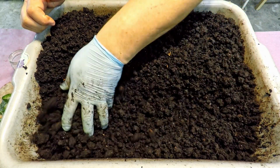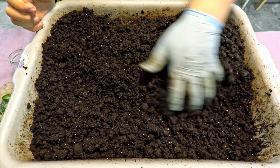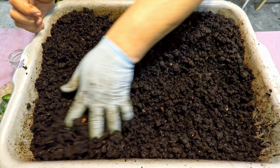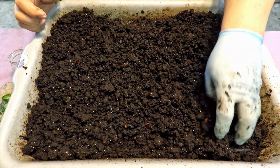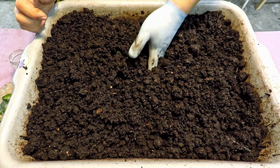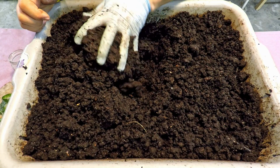So whatever makes its way onto the top surface will have a chance to air out a little bit more. And just this movement, this kind of mixing around, also gives me a chance to break it up and inject air into the material throughout. So I would almost say that if I give this another few days,